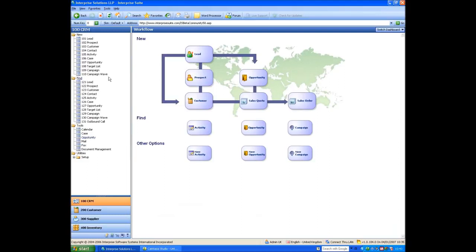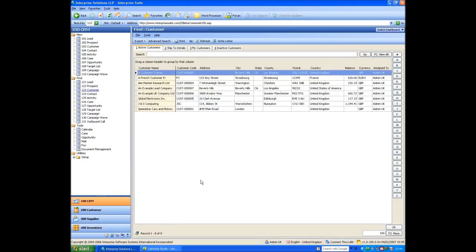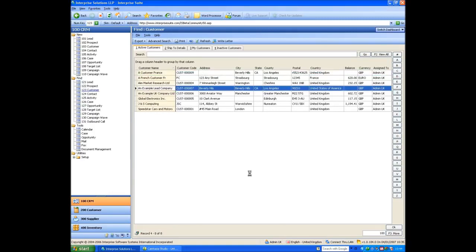So you get used to know the menus. Okay, we've got new, and we've got find areas. New, obviously, new lead, new customer, create a new company, a new activity, and find is when we actually find them. Okay, so if I, let's say, click on find as an example, it will pop up a list of customers. And if I open one up just by clicking on it,